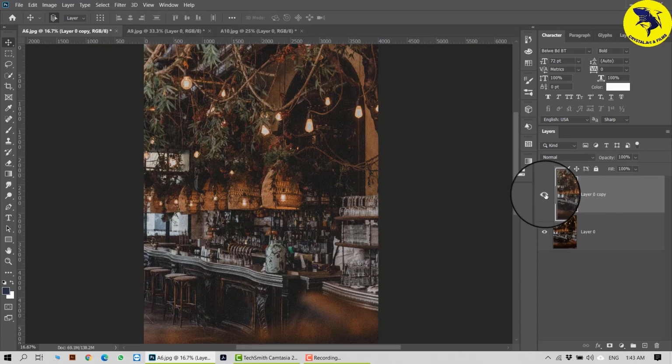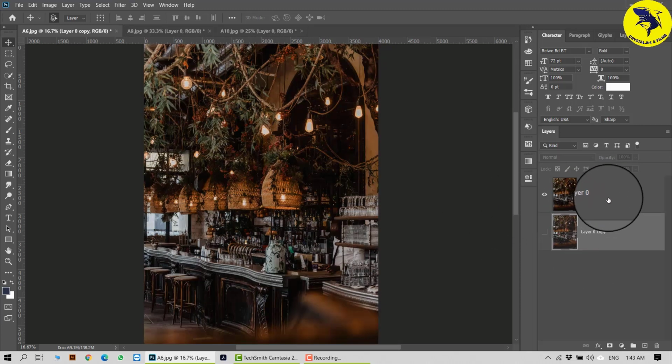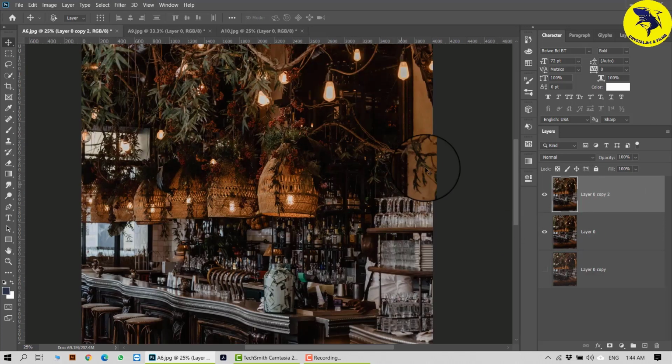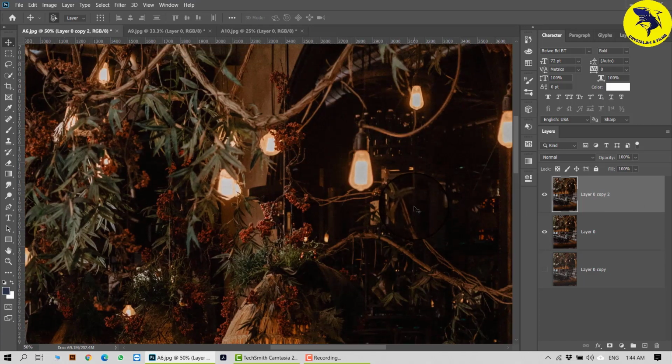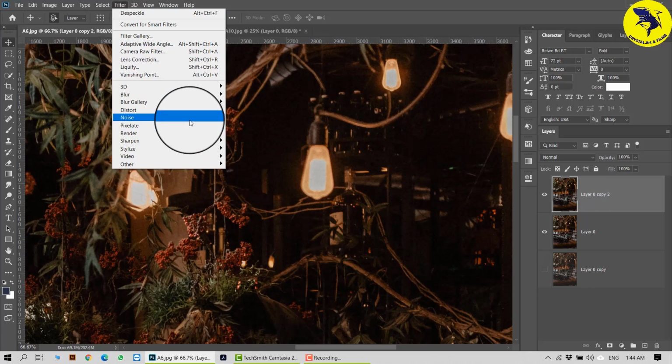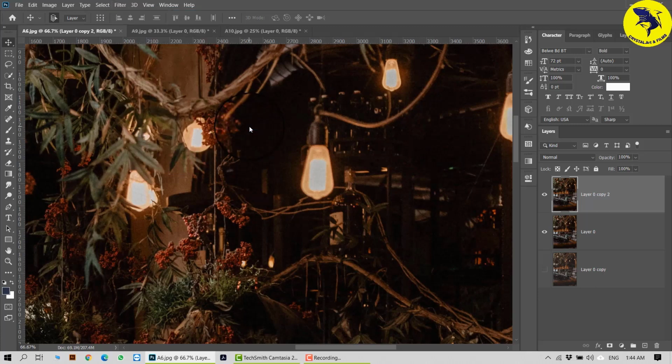So for the next filter, I will switch off this one and put it down, and for the original one I'll make another copy with Control J, and I will zoom in because I want to show the effect on the lights. And I'll go to Filter, Noise, and use Speckles, and the effect is already applied. Now if I add it one more time,